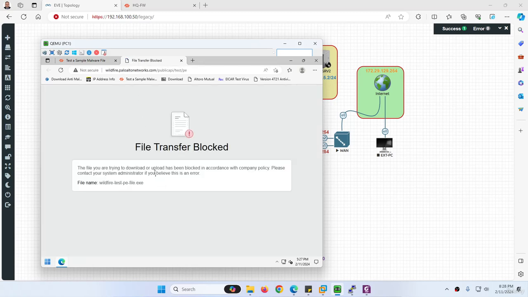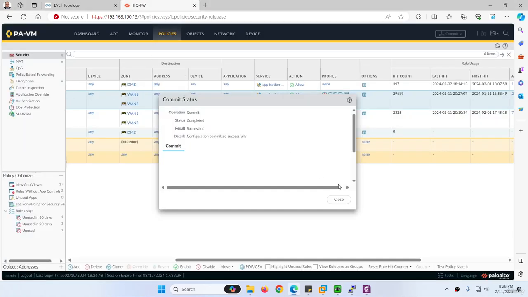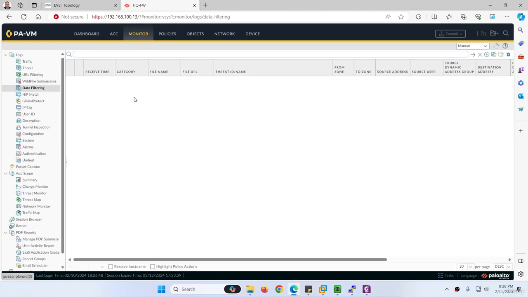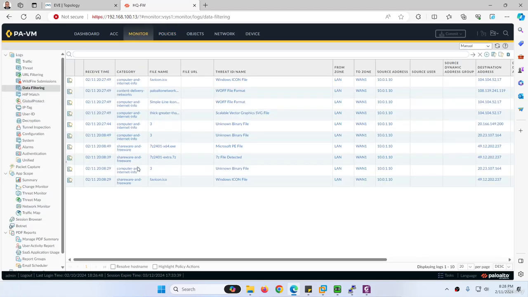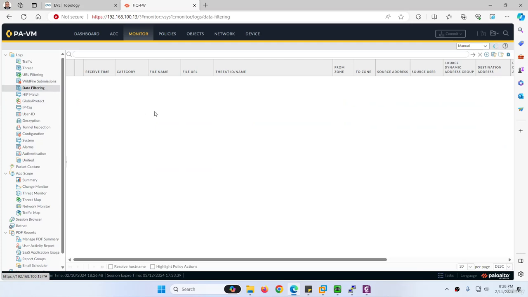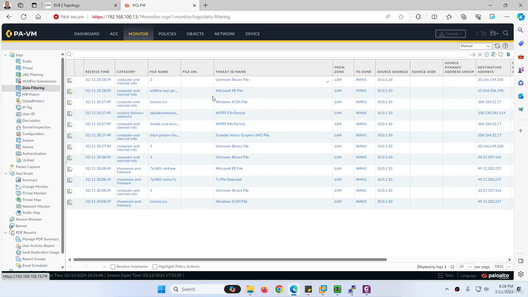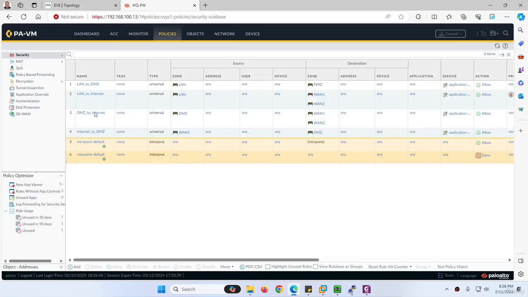Okay, anyway, it's been blocked. The exe file is blocked by file transfer block, not by WildFire. Keep in mind, because if you remember previously we have, so you can see it's blocked by a file blocking profile. Here it is. So what we can do to test properly, we need to go back to policies, and